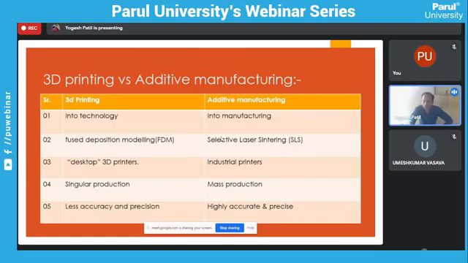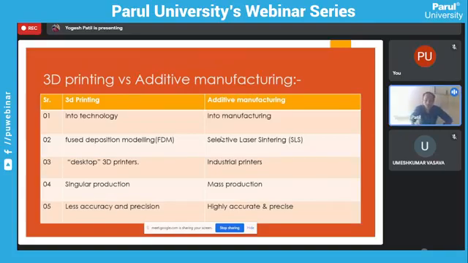Once you need to set the program, I will add that in detail, selective laser sintering, in future slides, so we can see it there also. Okay, so right now we are going to understand only what is FDM and what is SLS. So SLS is used in additive manufacturing. FDM is used in 3D printing. Next is